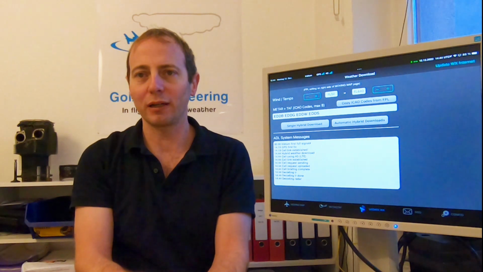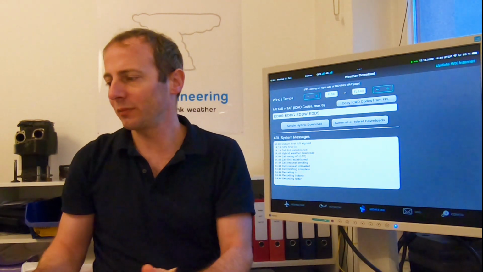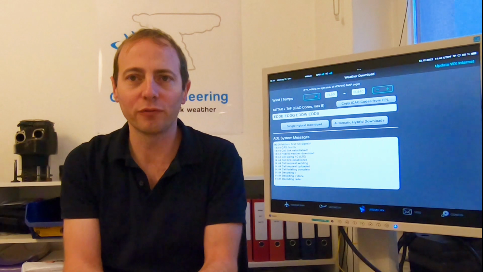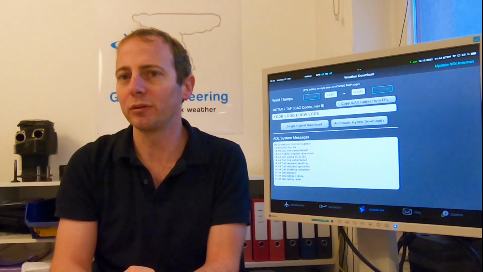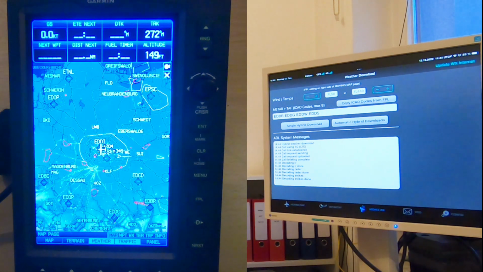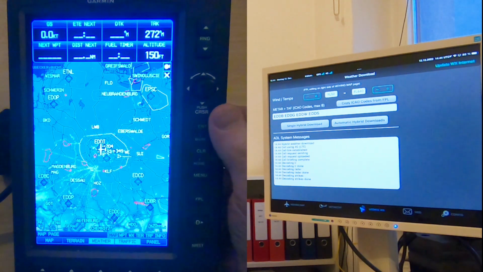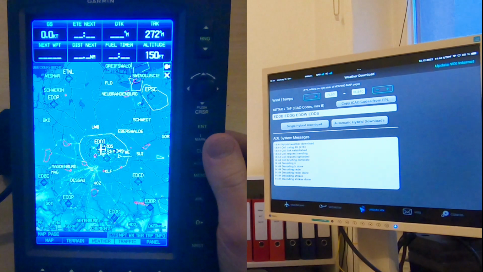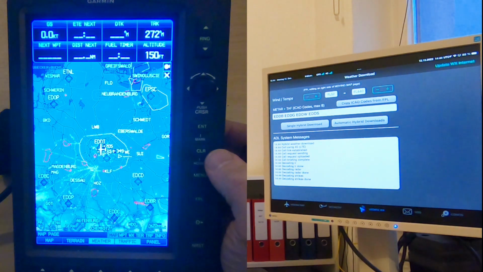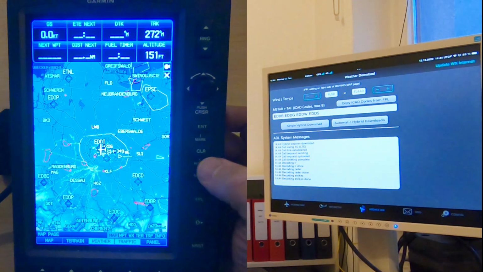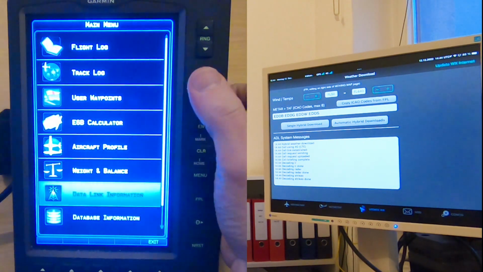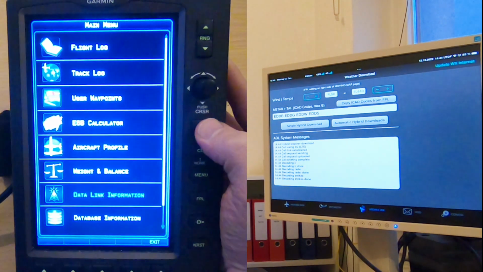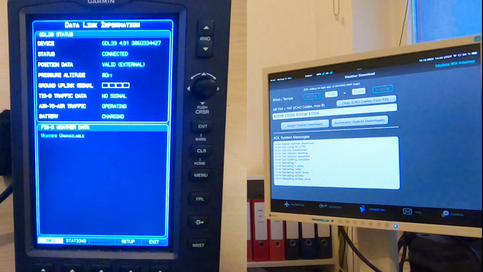We have a first look at our Garmin 695 device, which I have over here, and I'm going to insert the screen for you in post-production, and you are going to see we have the 695 device. The easiest is to go into the menu. All the Garmin products have a menu like that, where you have basically the data link information. So here we have the data link menu, and we see we have